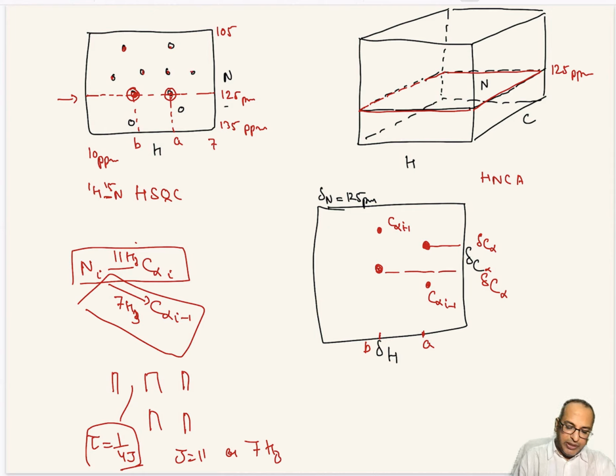So let's say this is my I minus 1 peak and this is my I peak. I mean, in the primary sequence of the protein, if this is my I minus 1 residue and this is my I residue, then their C alphas will be connected. So for example, the C alpha minus 1 of this particular peak will be the C alpha of this peak, right? That is how you try to correlate different peaks and find out the sequential connection between these two.